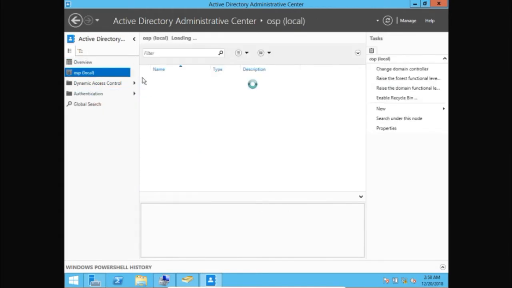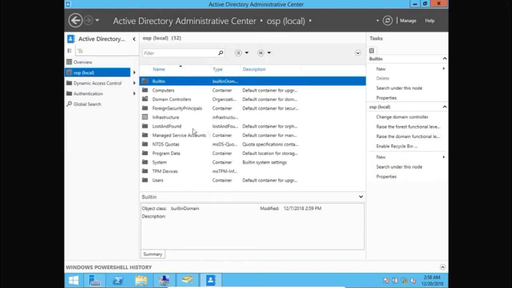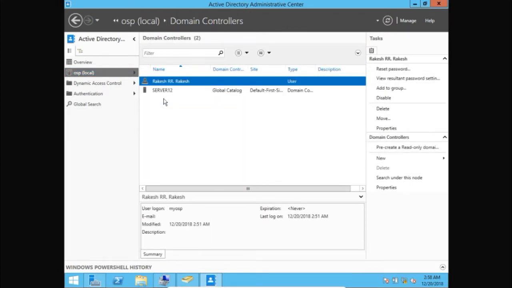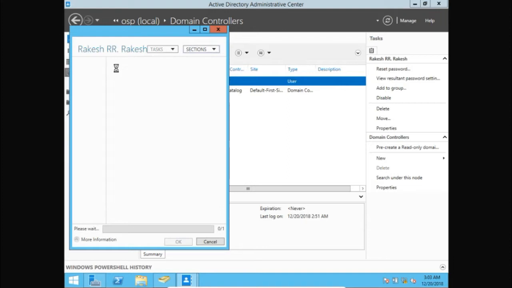So here we go into OSP local, and then we go into Domain Controllers, and then we can double click our username,